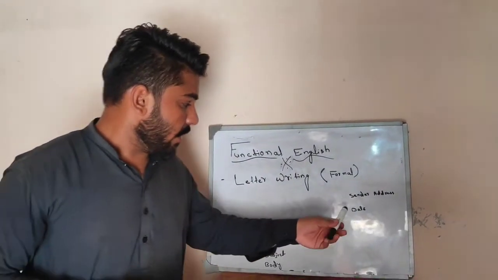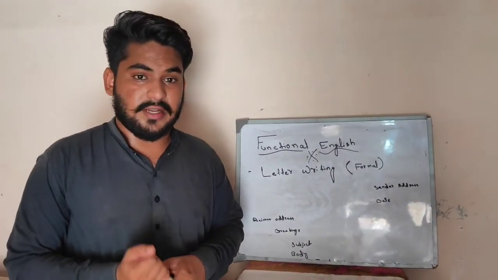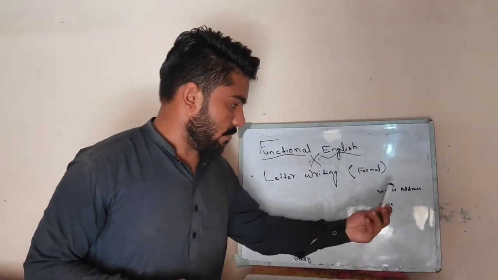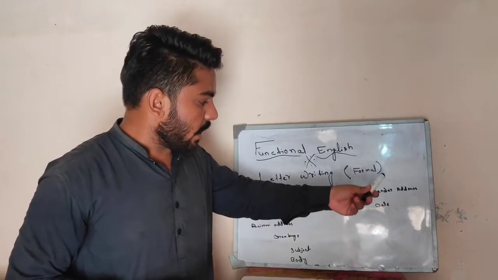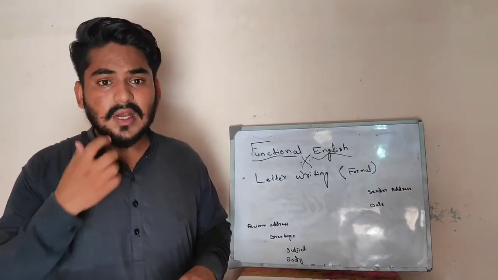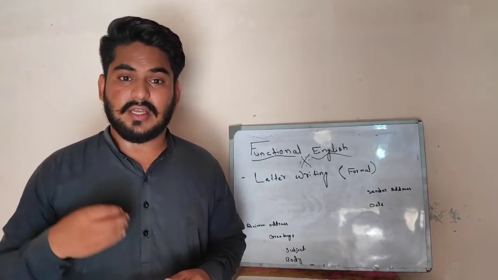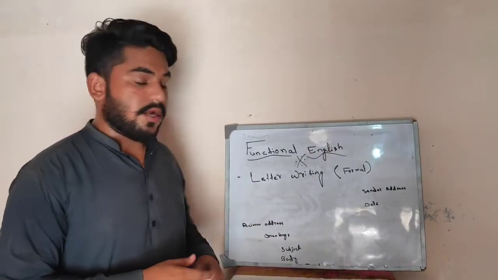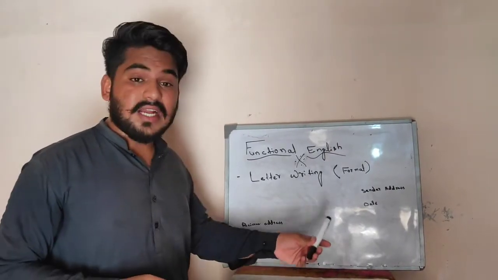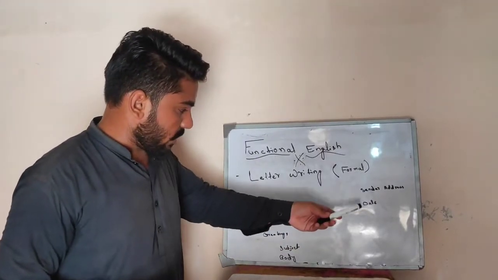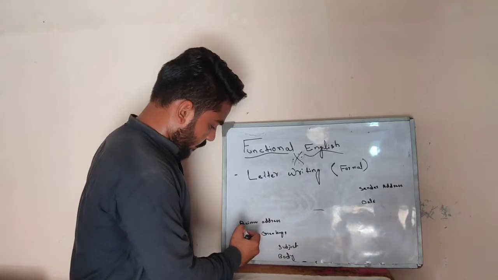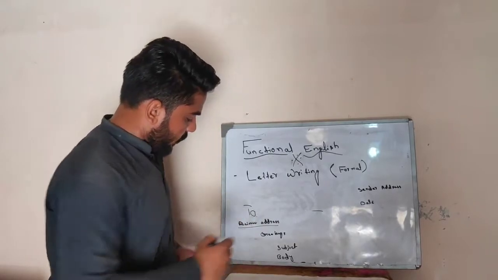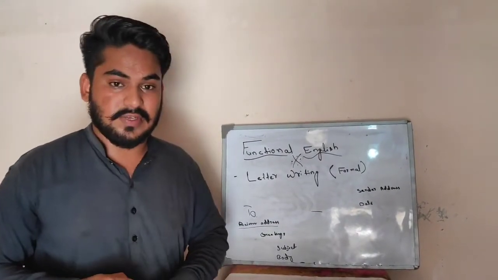Then we have to put the date. The sender's address is followed by the date just below. Means we have to write the date on the same right side of the letter's corner, but below the sender's address. Then we have to write the receiver's address on the left side of the letter, just below the date. Make some space, and then write the receiver's address. We can use the word "To" over here and write the receiver's address as well.